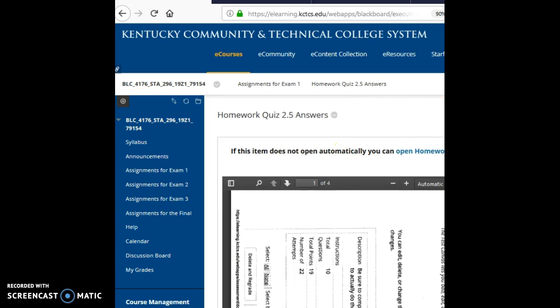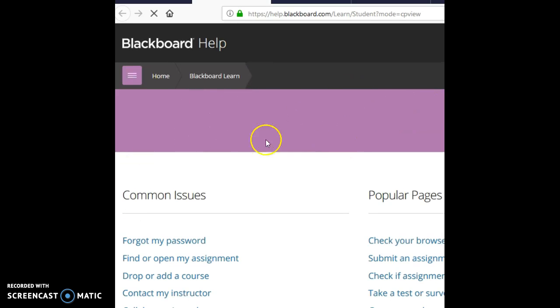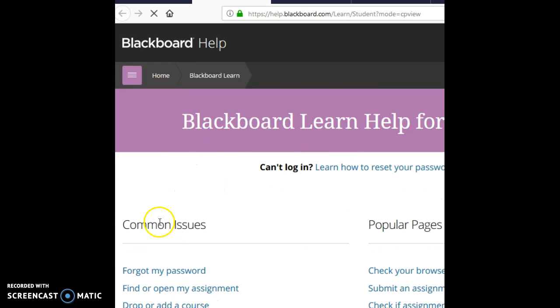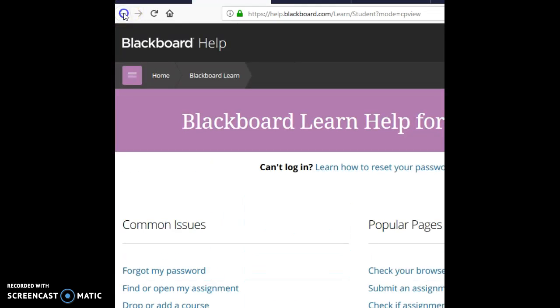There is also, generally, a help button, which will have Blackboard help if you need it. So notice this takes you to Blackboard Learn for Students, which has all these common issues if I go down the page. And if I go back,